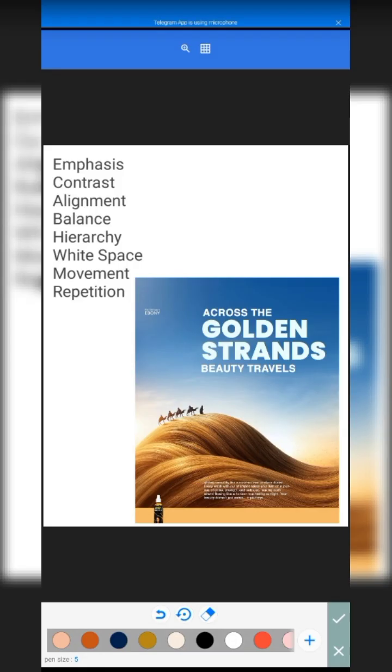So you can see they have created emphasis on this by making it bigger than this other text here. So emphasis in that case means making something a center of focus, like bringing your attention to a particular element in design. Remember, we talked about elements of design in the last class, and just to digress,